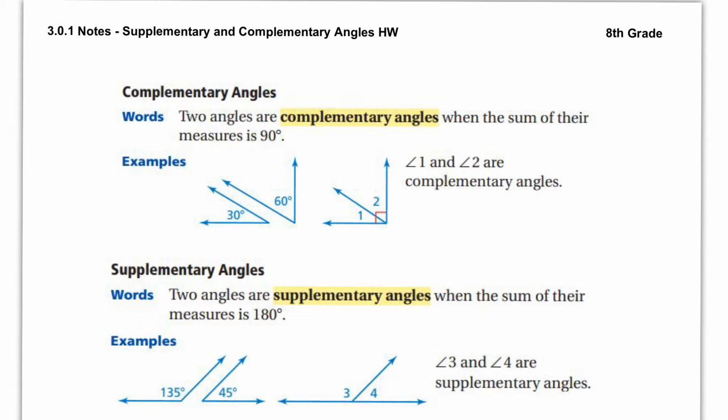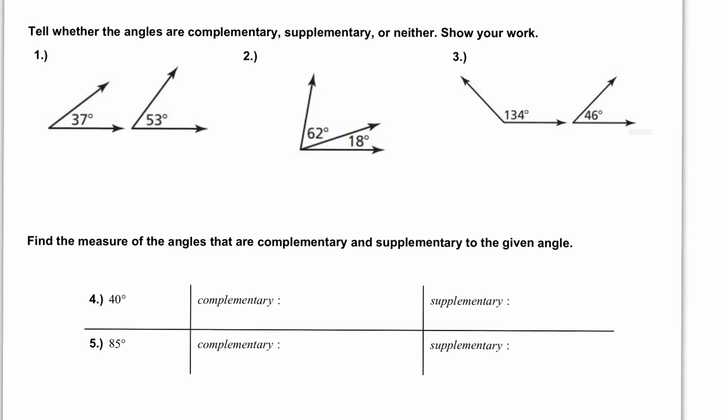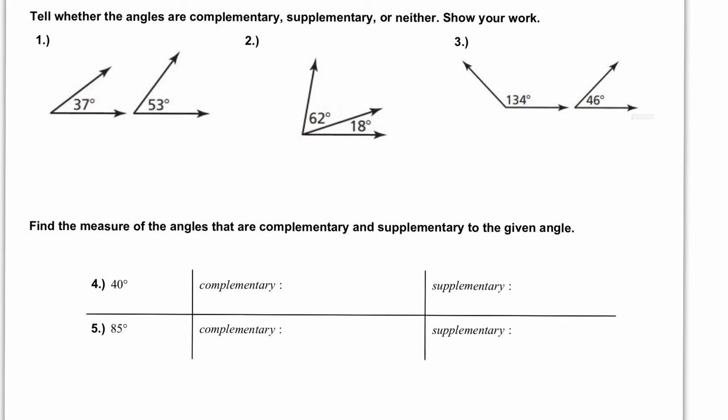Today we're going to do a quick review of supplementary and complementary angles. So two quick definitions here. Complementary angles are two angles that add up to 90 degrees, so the sum of their measures is 90 degrees. Supplementary angles is when the sum of their measures is 180 degrees, or two angles whose measures add up to 180 degrees. So scrolling down, taking a look at 1, 2, and 3, it says tell whether the angles are